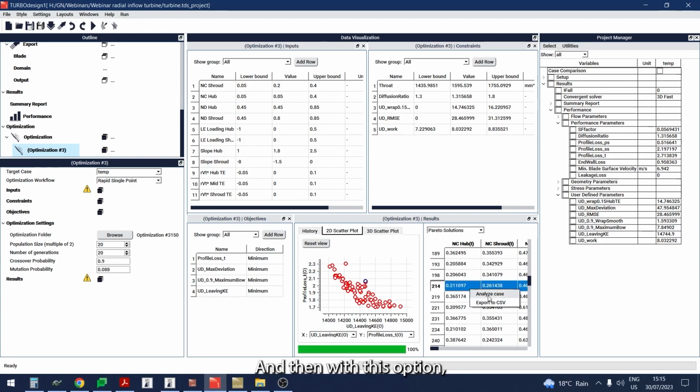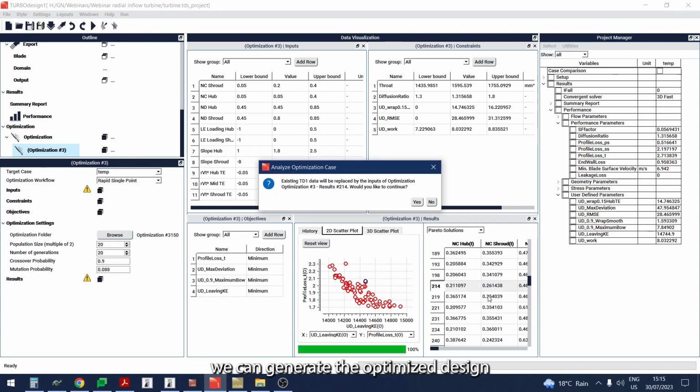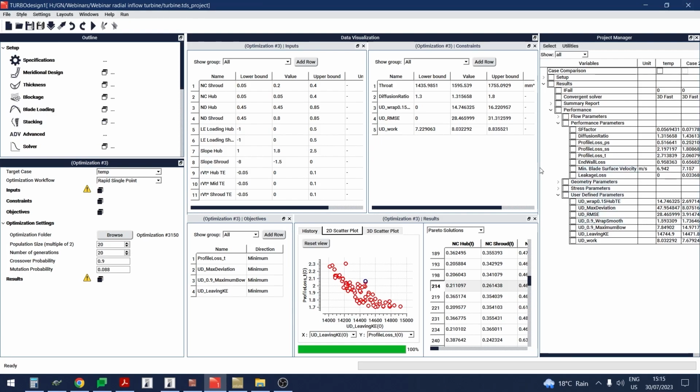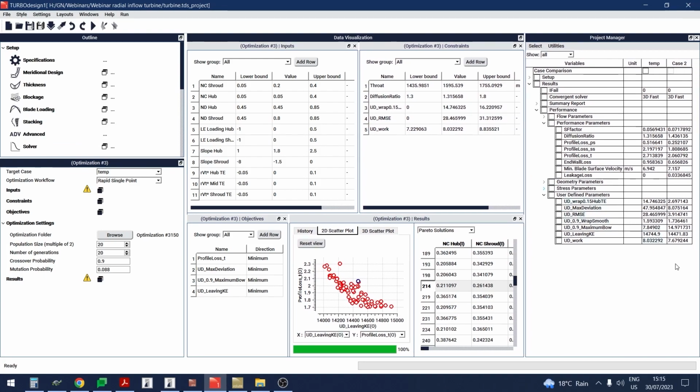And then with this option, we can generate the optimized design and then compare its performance parameters with the baseline rotor in the project manager window. And clearly, all the wrap angle UDPs are much improved, and if we then compare the blade geometries in the 3D plot like this,